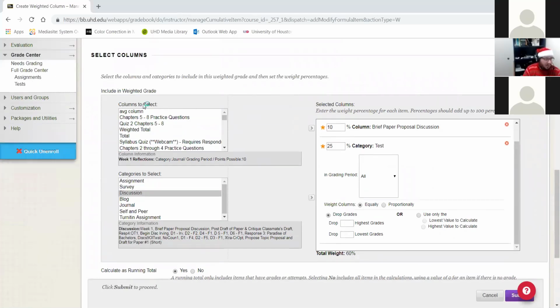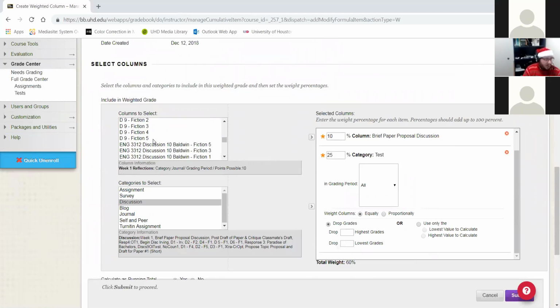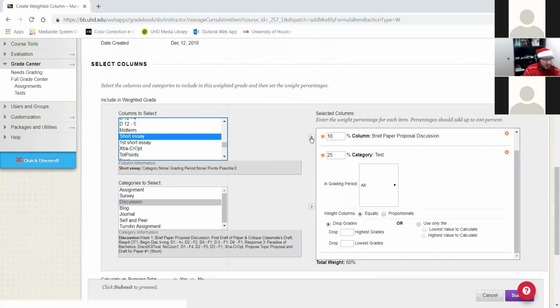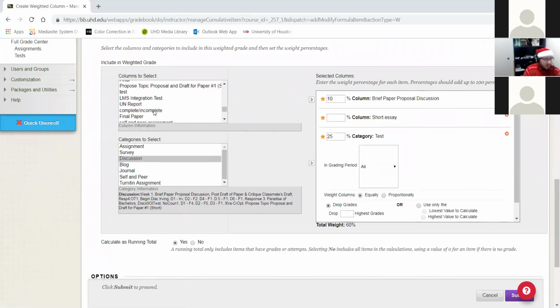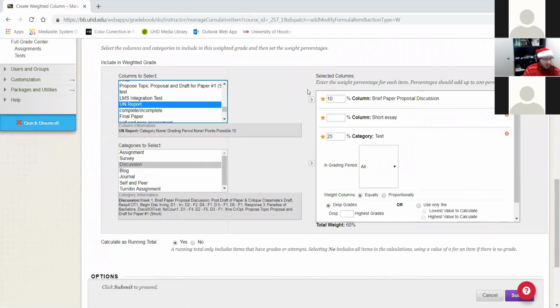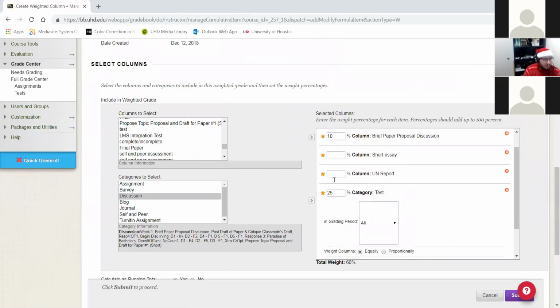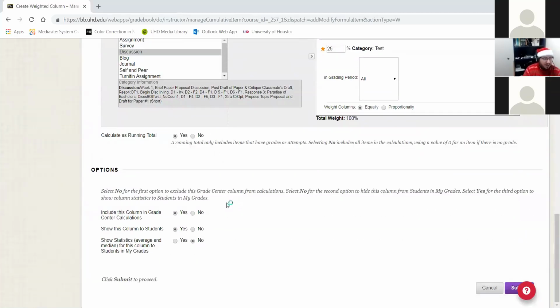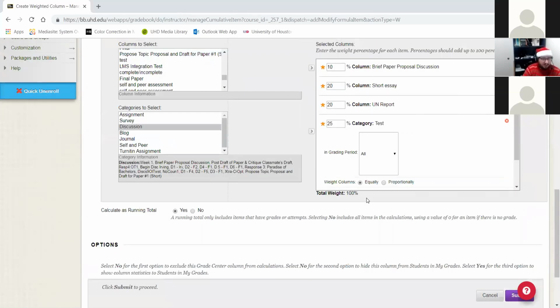Let's see, what do we have? I'm going to grab this short essay and this UN report. So each one's going to be worth 20%. All right. And there you go, you have 100. You can choose to hide this column from students if you're not done working on the formula,